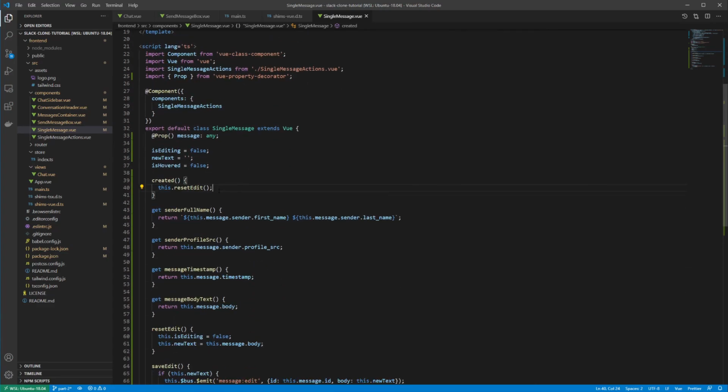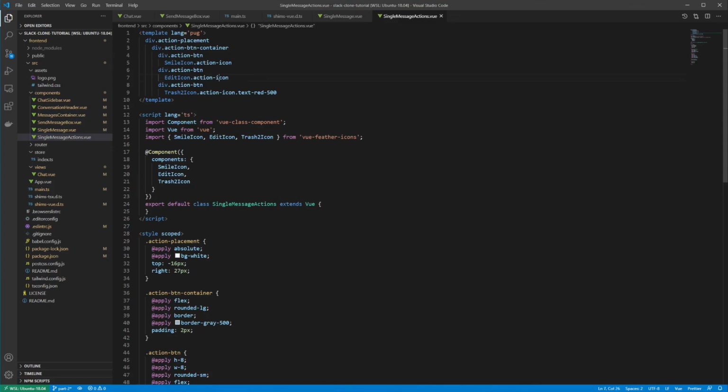The next part we need to do is actually how do we get into the editing mode, right? For that, what's obviously going to come from the editing button. And we remember that in the single message actions, that's where the editing button is with the edit icon. And so we're going to add a click handler here. And what this should do is that when we click this part, it will